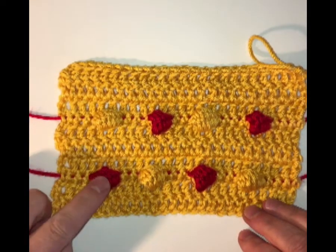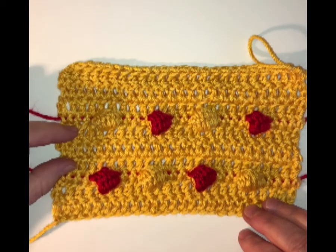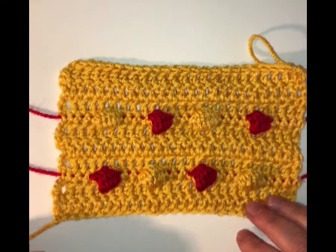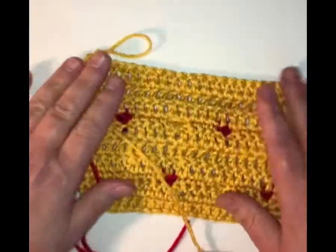And then after this bobble stitch row, I did 1, 2, 3 more rows of double crochet. And then a bobble stitch row. Now I've done 1, 2, 3 rows of double crochet. I am ready for the bobble stitch row because remember the bobble stitch row, this is the back side of